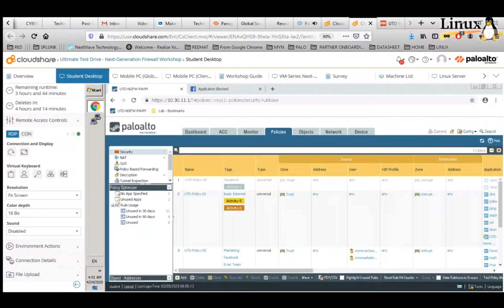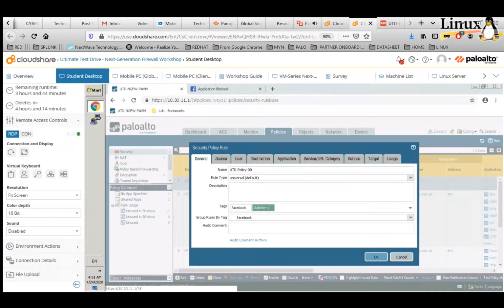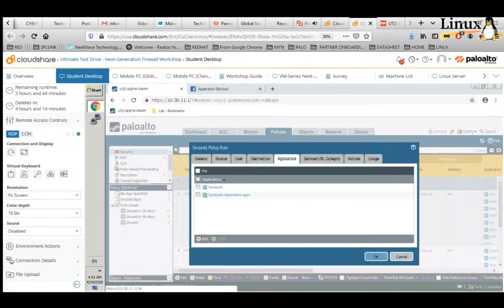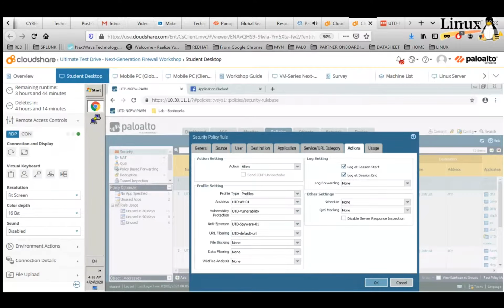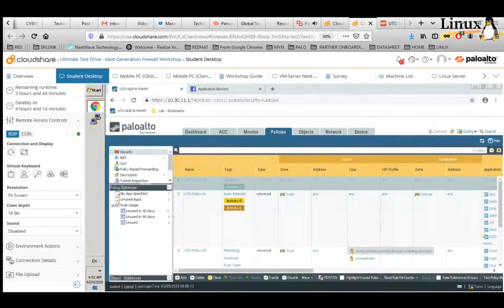So what we'll do for this exercise, there's a policy here that has the application Facebook, and the action is to allow it so that the marketing guys can use this to do their marketing campaigns. Once this is selected, it should be bluish.